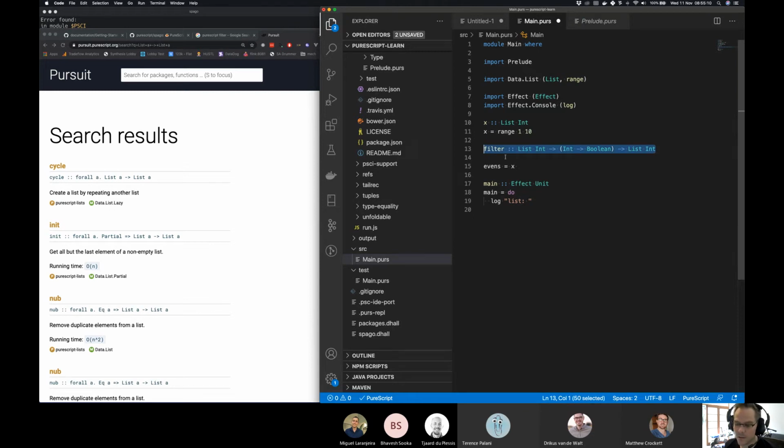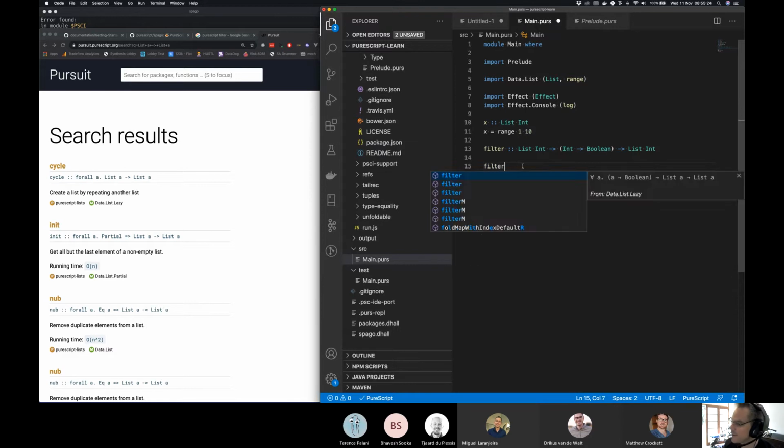Should I do that again? Maybe I read that differently as well. Let me break that down a little bit. If I'm going to call filter on my x, there it is. x is already a list of int, we know that about x. x is of type list int.